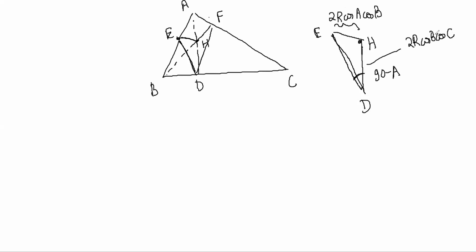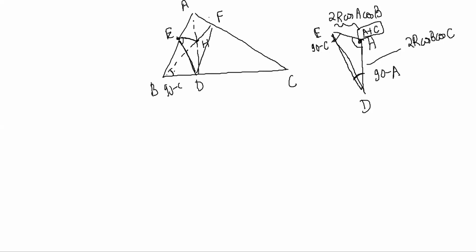So we know two sides and one angle. Two sides and one angle we know. If you join this, do you know this angle also? This angle will be equal to this angle, no? So this angle is 90 minus C. Do you know this angle also? 90 minus C, right? Correct. So now I know 90 minus C is this, 90 minus A is this. So this angle is A plus C, right? A plus C, correct.